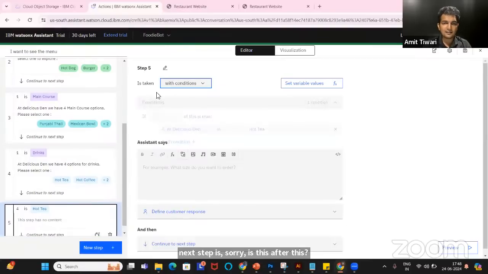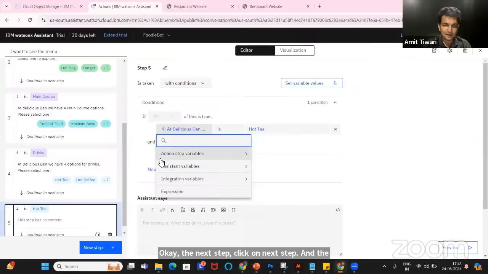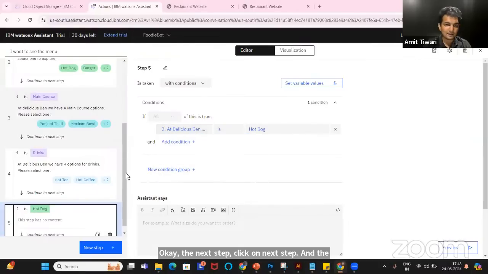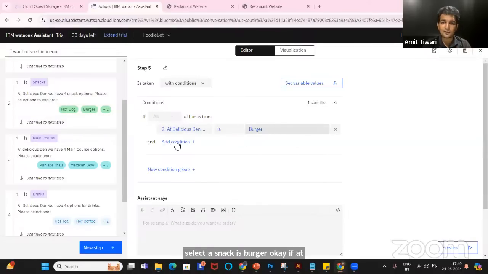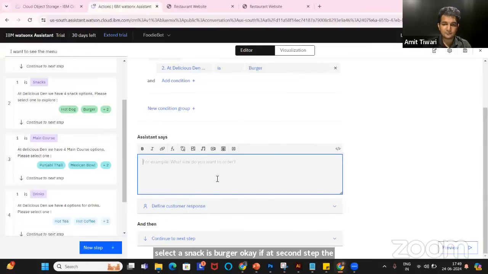And the condition is if the customer at second step, the snack step, right, when we were asking the customer to select a snack, is burger. If at second step the answer of the customer is burger, then assistant will say